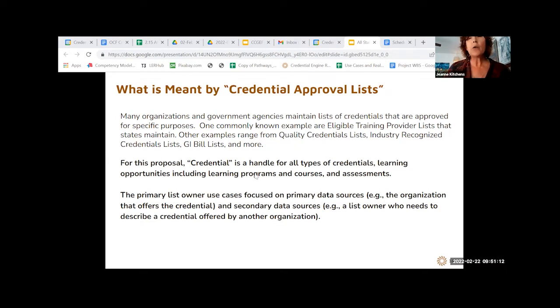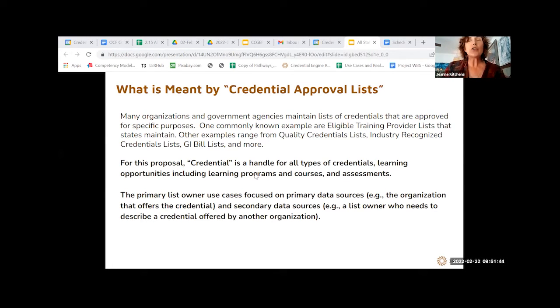One very commonly known example is an eligible training provider list that gets created by states in line with the WIOA Act. And there's many other kinds of lists. There's organizations that create lists of quality credentials, and these are credentials that meet their criteria for quality. Industry recognized credential lists, GI Bill lists, and many more. And we have some more examples in our documentation as well.